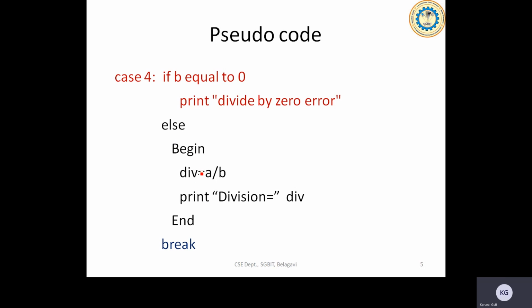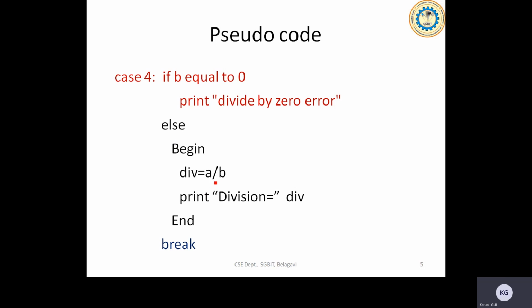Else, we are going to proceed with the division operation here. As we are working on integers, it is left to the individuals whether they want to do the operations on integers or floating point values. Depending on that, you have to declare those things. In our case, we are dealing with integers. Division is done only on the integer data, a and b.